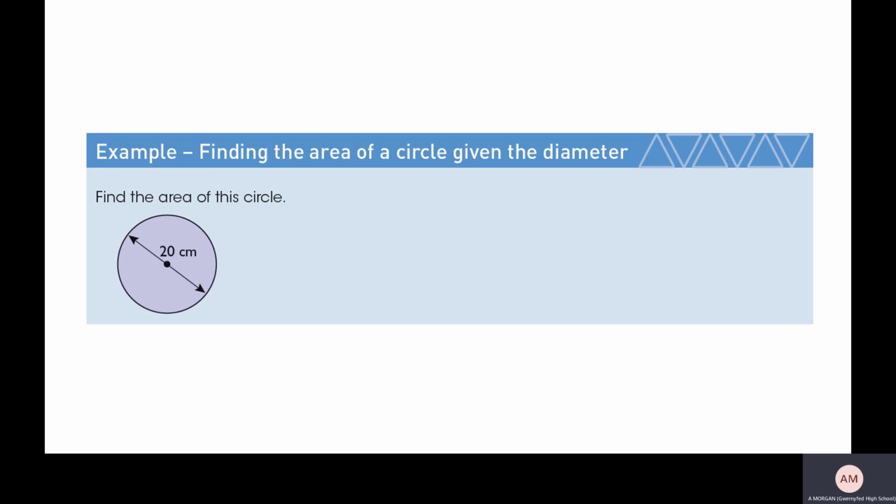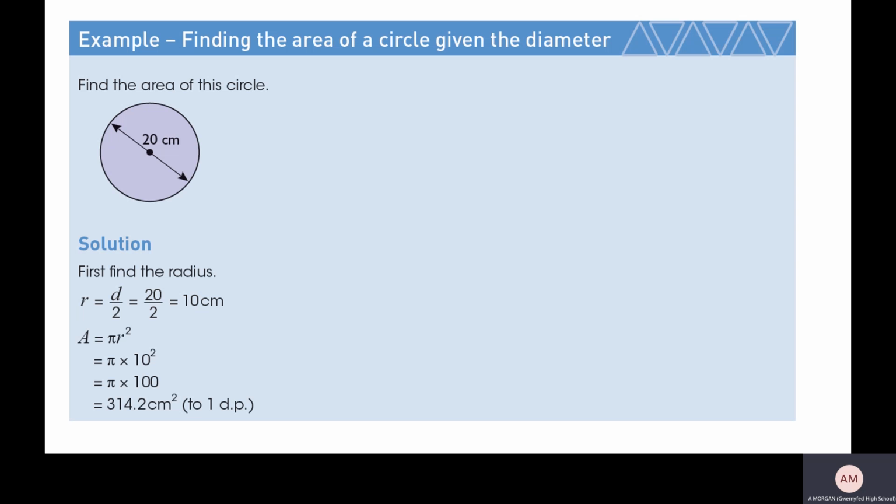Now if we have a look at the formula for a circle, it's pi r squared. R is the radius and we've got the diameter. So the first thing we've got to do is halve the diameter to find the radius, because the radius goes from the outside to the center, but then the diameter just doubles that distance because it goes from the outside to the center back to the outside again. And so we've got the radius being 10,